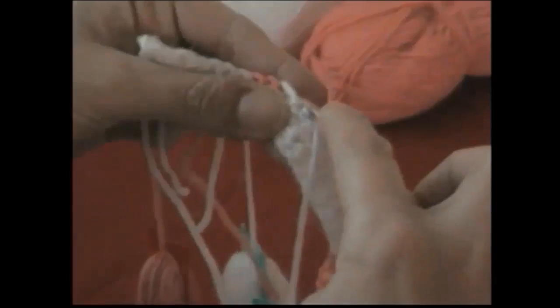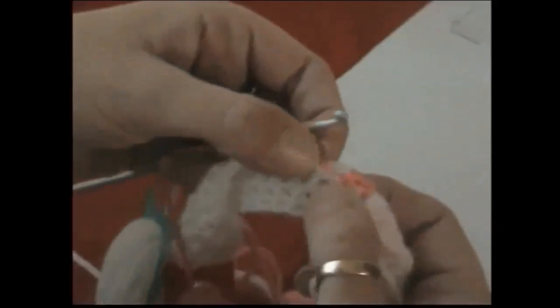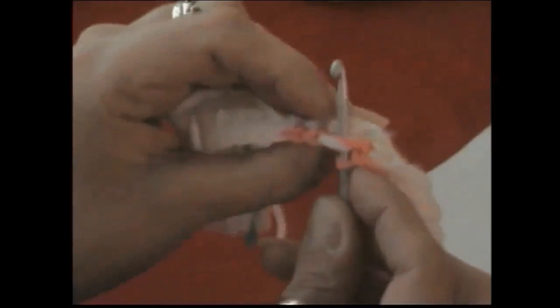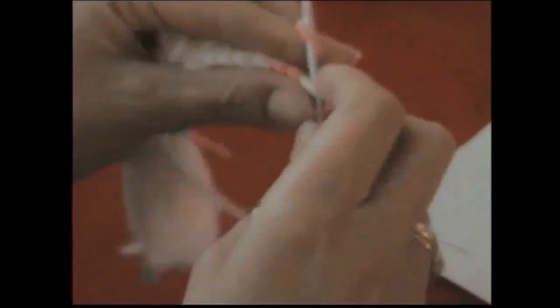Make sure you go through the stitch and under that strand of pink yarn that you've pulled across, and just crochet. Now on where the pink and the white stitch meet, on the other side you'll see it's sort of going diagonal across the stitch. So you can just go through, but if you just go through the stitch you're going to miss the pink and you'll have a strand that doesn't look very nice across your work. So try and get the pink across the top of your hook as well,